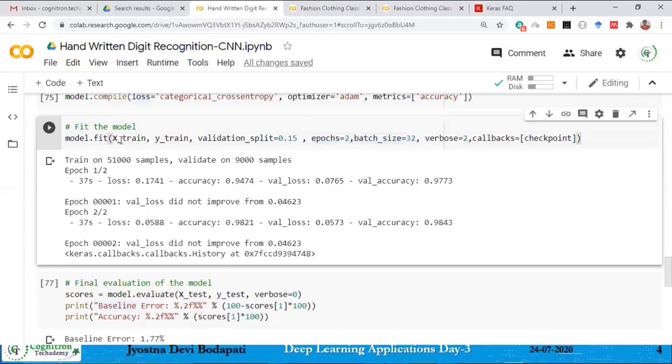Actually, there are 60,000 samples in my training data, right? So there are three different ways to update your parameters. It is done in three different ways, ma'am. Instead of loading MNIST data, what I have done is, we'll check that later.